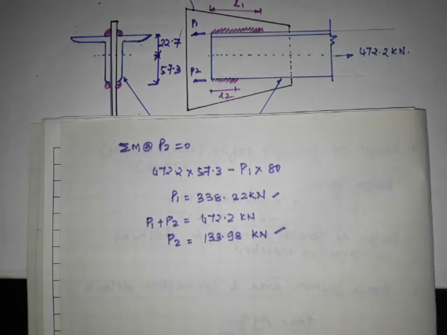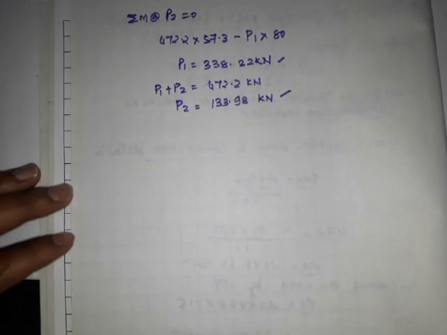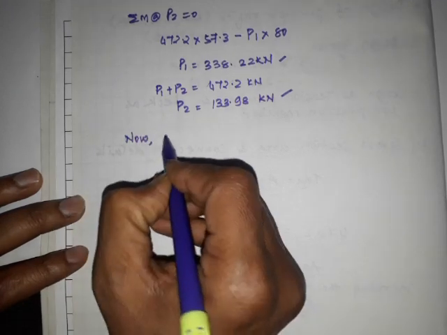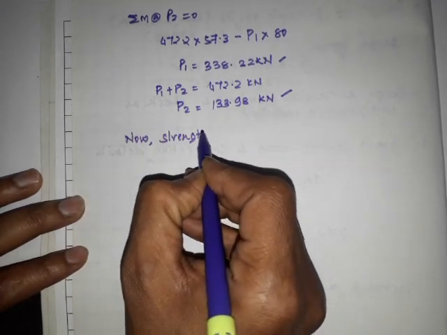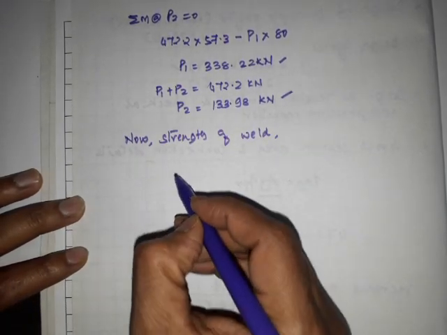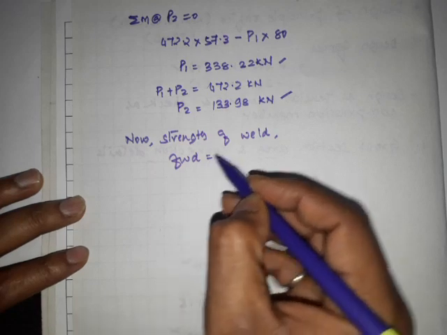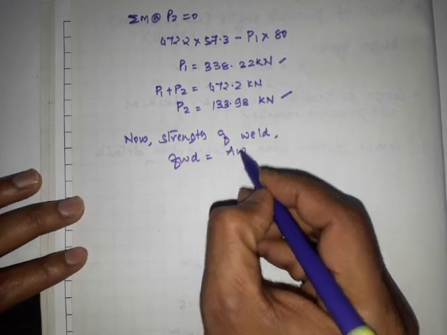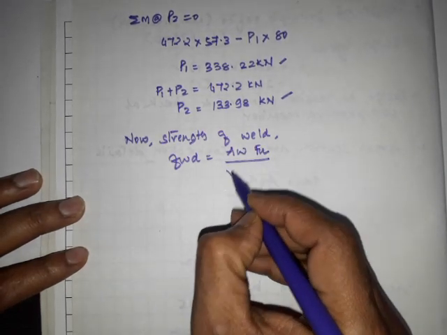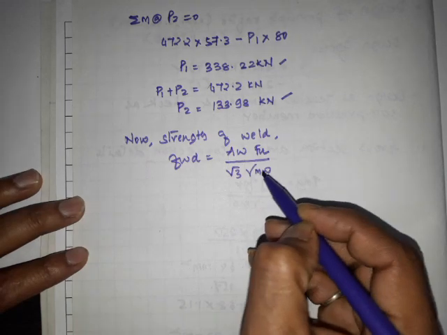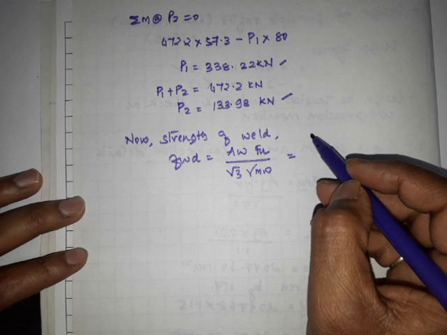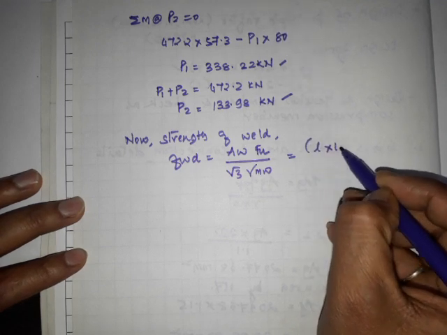Okay. So for that, first of all, you have to find out what is the strength of weld. So now, strength of weld. FWD is equal to, again by using IS 800, AW FU by root 3 into gamma MW. Okay. So here AW is nothing but area of weld. So it is nothing but L into TE